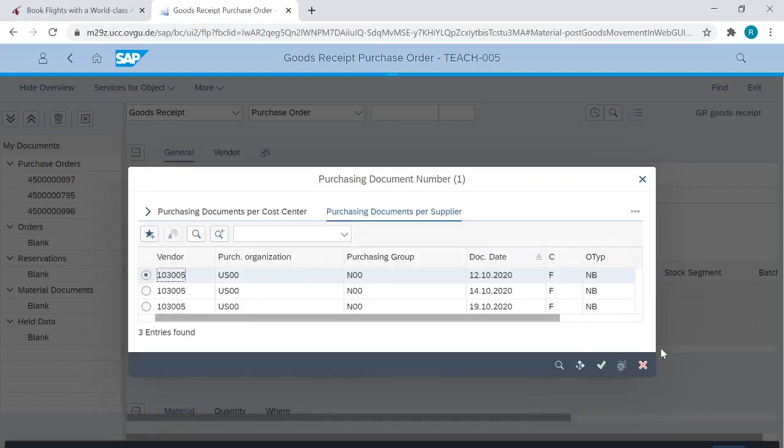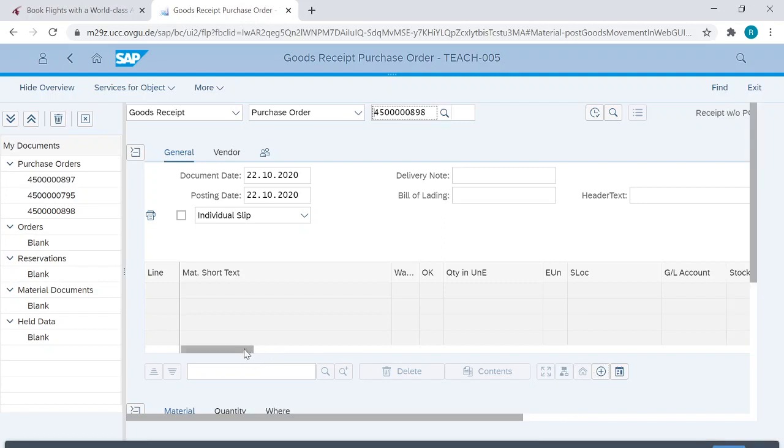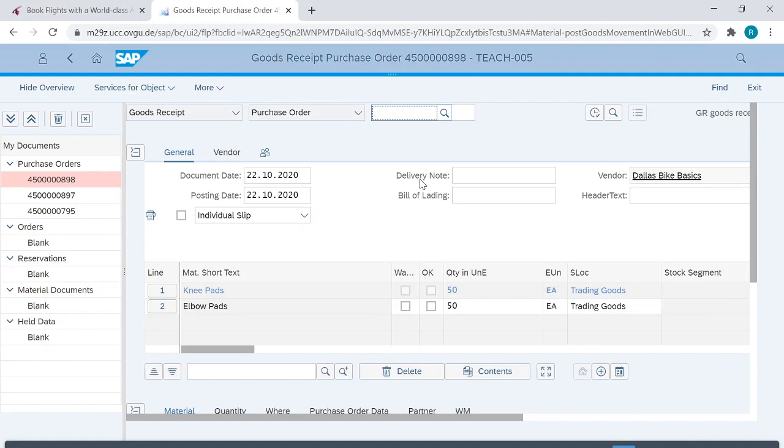previously created. So now I will track it via the date. In the last class I made this one on 12 or 14, but the last one that I've created is on 19. So you will have to look over which one you created as per the case study. So 19 is the one that I would like to receive, and in this I added both keypads and knee pads. So it will show me after I enter. Okay, now it is showing me.